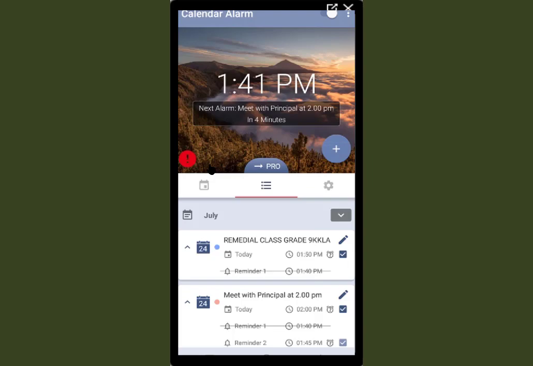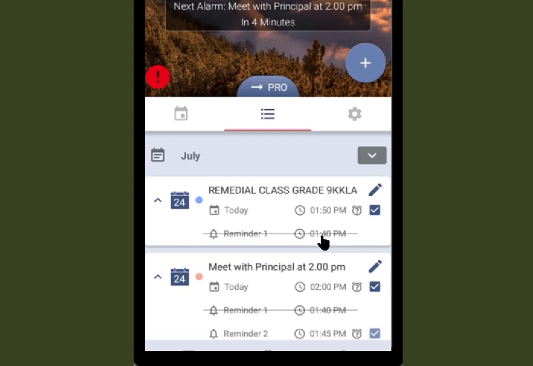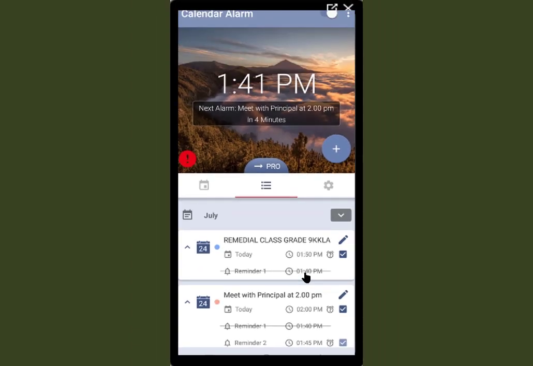And after the reminder, it will show that reminder. See, reminder 1:40, it is done. See, that reminder is over. Next, if there is another reminder, it will come there. But I have set only one reminder here, so that one is over. So this is the method. Friends, you can use this application lifelong, and if you use it properly, you will not miss any event in your life. Okay, I hope you understood how to use this application.